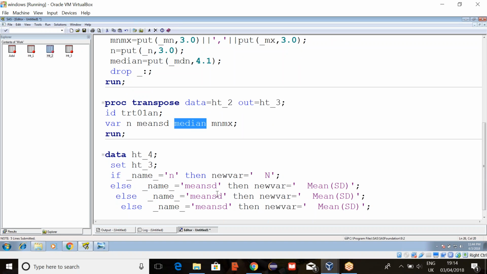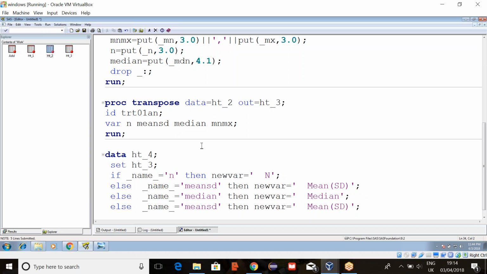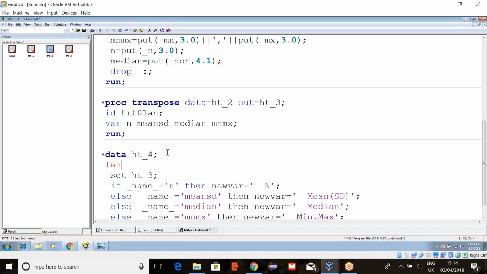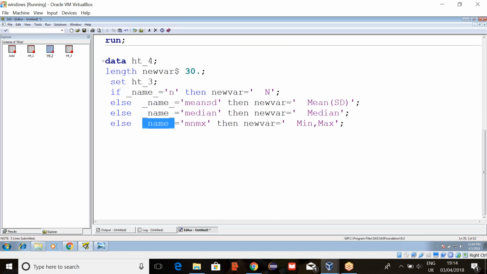Next, if it is median. Okay, and here use the length statement. Length newvar, and set some length. And after this, drop this variable. Drop _name_ and run.